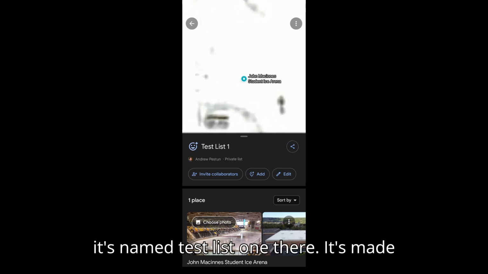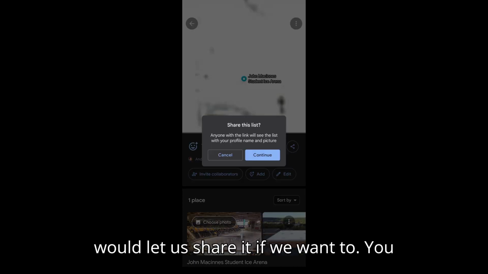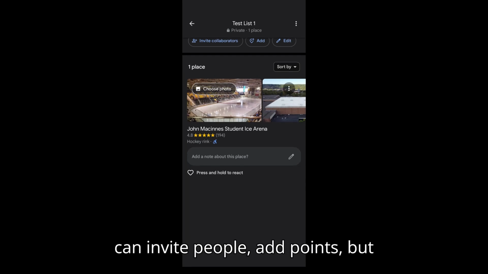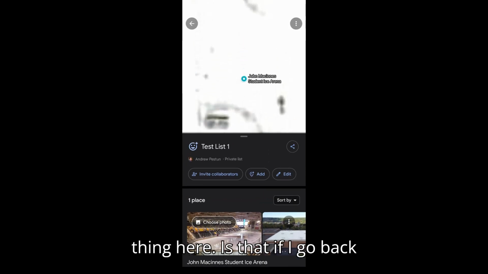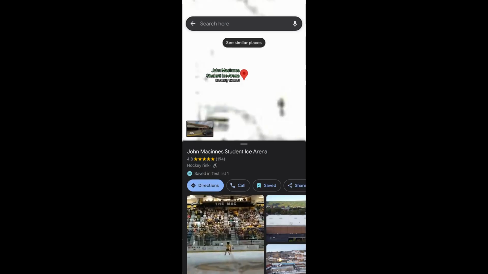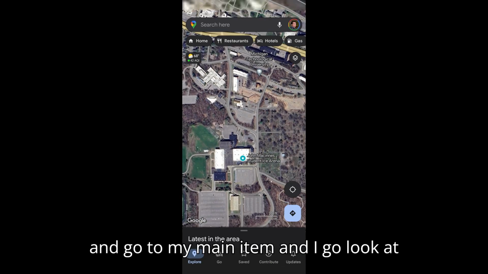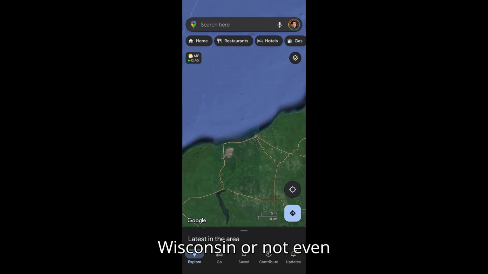You can give it a description if you want. I'll go ahead and click create, and we'll see it's named test list 1 there. It's made by me, private list. The share icon here would let us share it if we want to. You can invite people, add points, but the really nice feature here and the key thing here is that